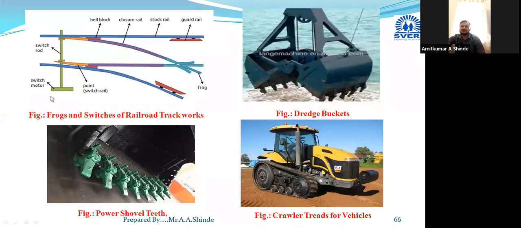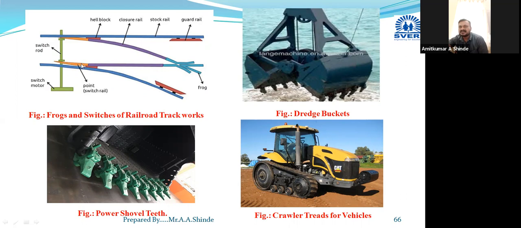So this is the railway track, with the frogs and switches of a railroad track. This is the frog, this structure, where in that railway track you get this diversion. This V-shaped diversion gives two routes. This is the joining here, and after that it breaks into these routes here. This is termed as frog.